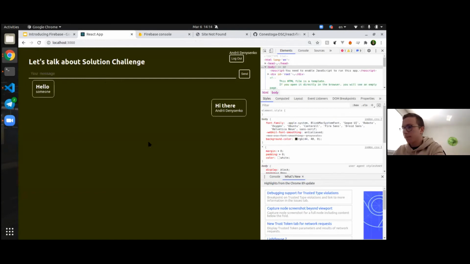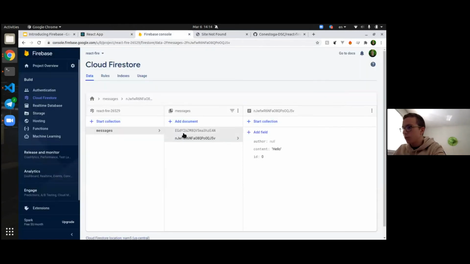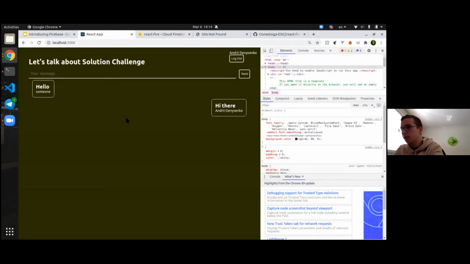Hi there. And we should be able to see that there's a second document right here, and it's actually stored my display name and the UID of my user. So everything works great. And the best part is if I refresh this, this persists. So this is pretty awesome, right? I have just replaced my in-memory database with Cloud